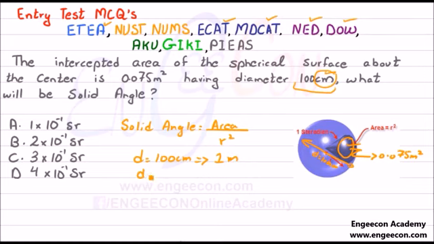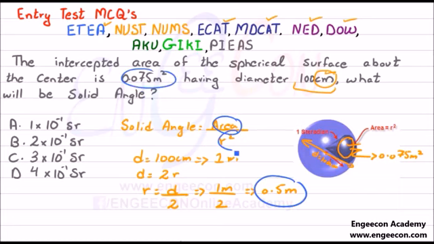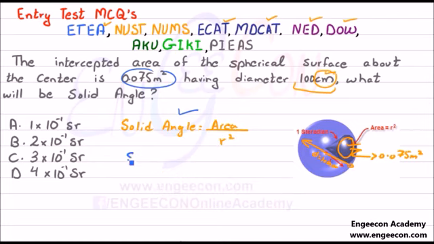As we know that diameter is equal to 2 radius, we can write radius is equal to diameter divided by 2. Here diameter is 1 meter divided by 2, which is equal to 0.5 meter. So now we can put the values of this area and radius in this formula, as solid angle is equal to